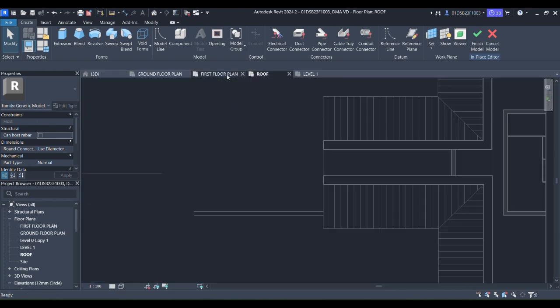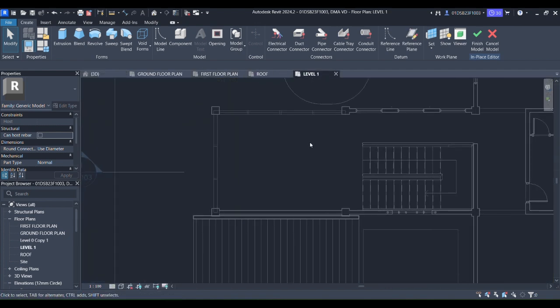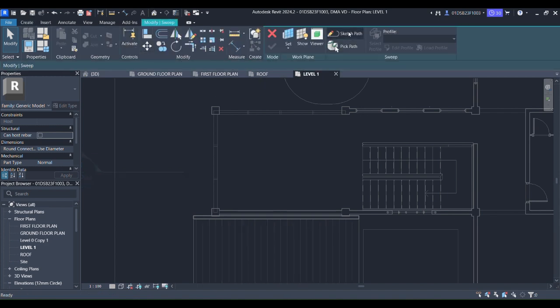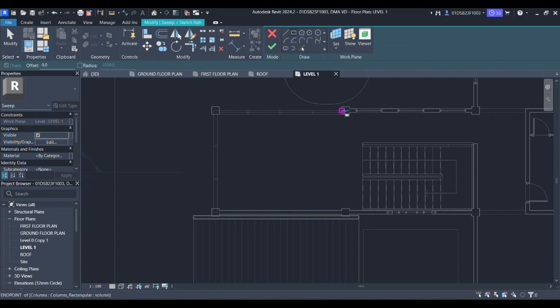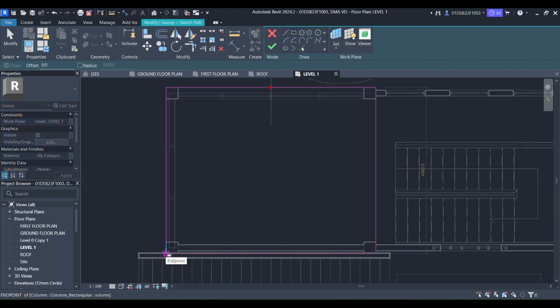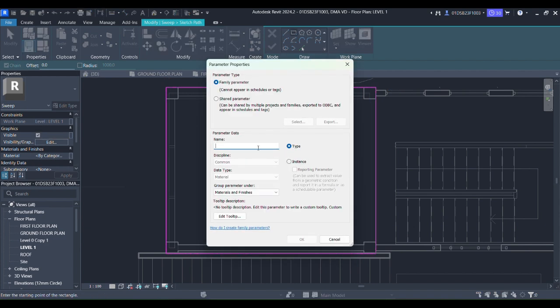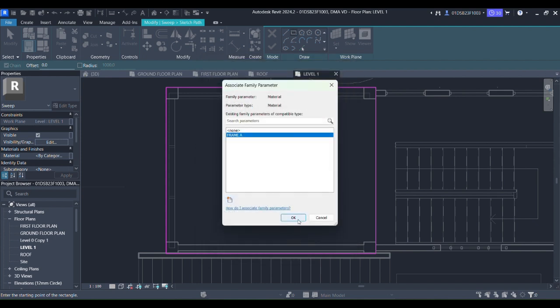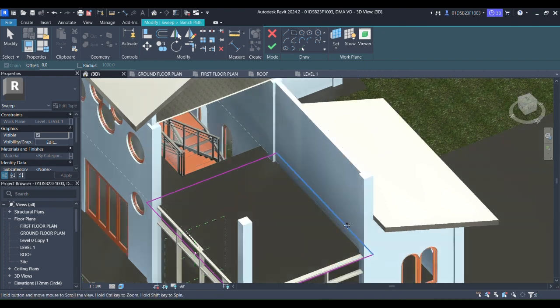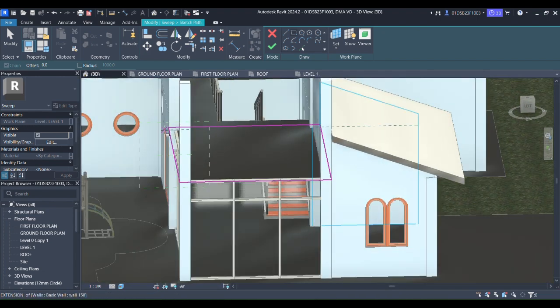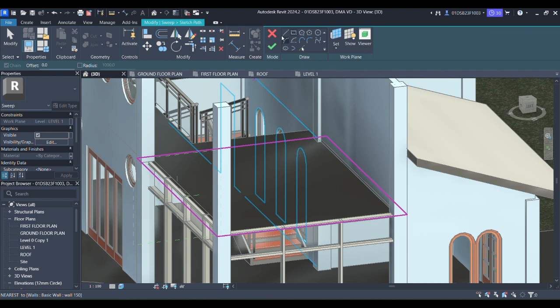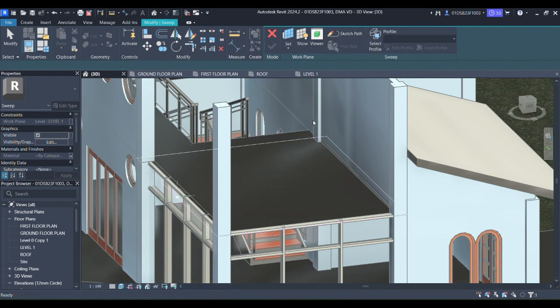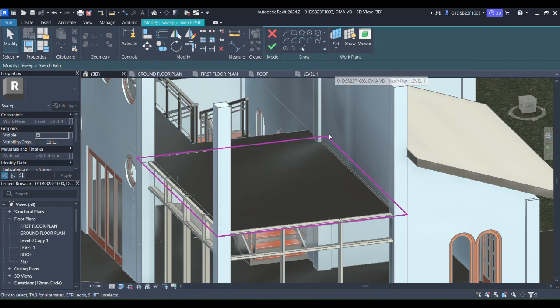And after that, you need to go to sweep and take the rectangle line and choose where you want to put it. And after that, go to the material and name it and click OK after you're done, and go to 3D and you see that there's a grid line plus line right there. And then you click once again and sketch path, and then